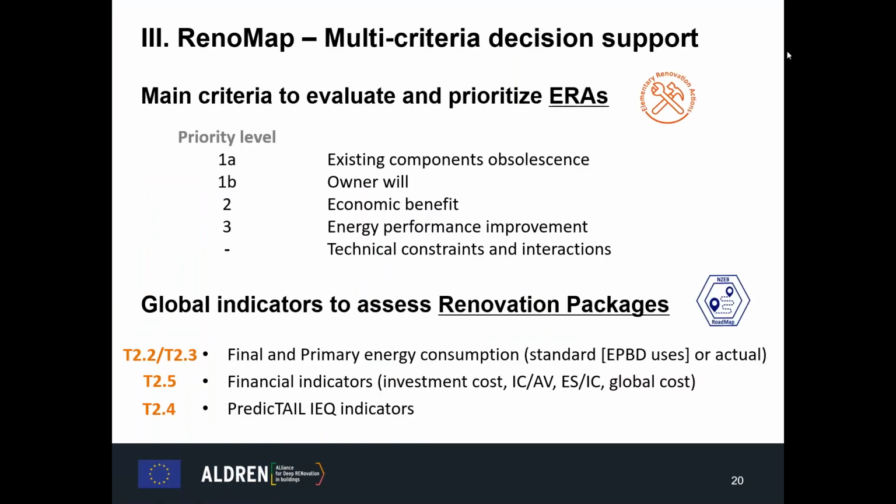Just a quick focus on the indicators to help the decision and to highlight the fact that we are talking about global evaluation with multi-criteria approach. So there are two different levels of evaluation. The first one